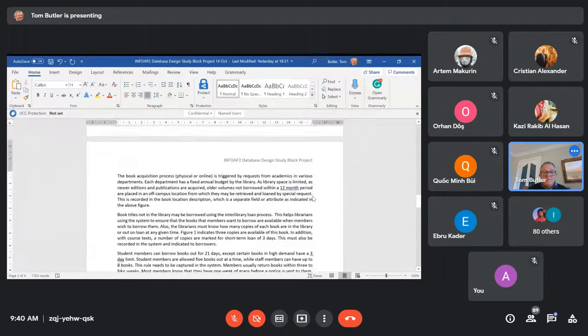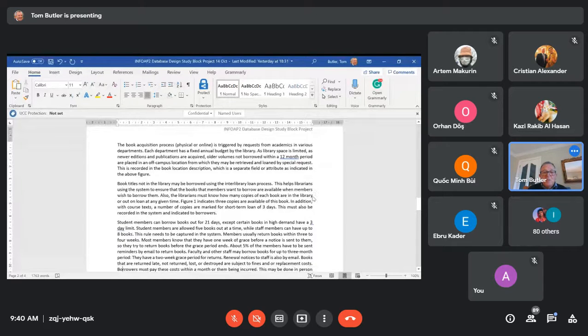So, the book acquisition process, physical or online, is triggered by requests from academics in various departments. Each department